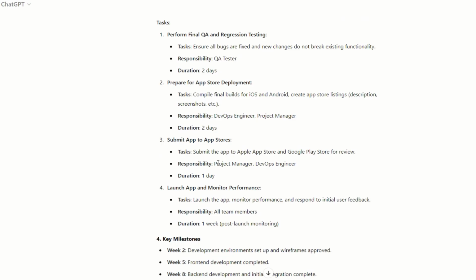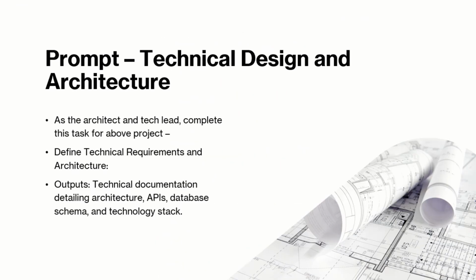So that kind of completes our project planning phase. So far, what we have seen is that AI has allowed us to take an idea, generate the user requirements based on that idea, and convert that idea and the requirements into a project plan that can be delivered.